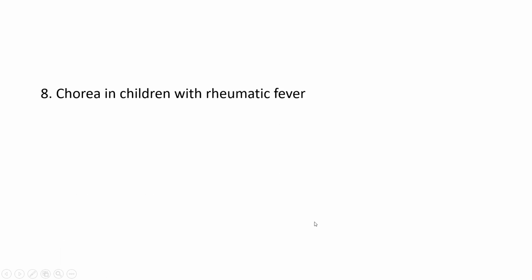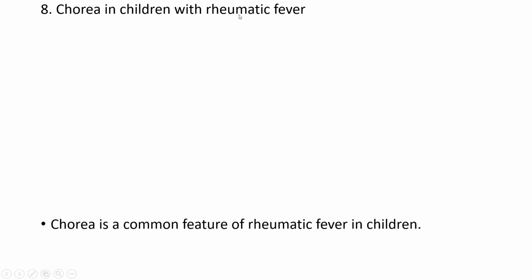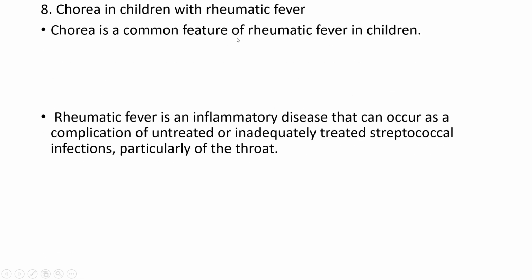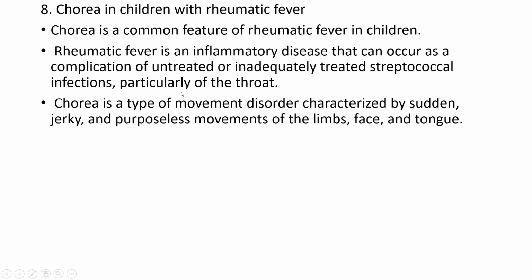The eighth question: chorea in children with rheumatic fever. Why? Chorea is a common feature of rheumatic fever in children. Rheumatic fever is an inflammatory disease that can occur as a complication of untreated or inadequately treated streptococcal infections, particularly of the throat. Chorea is a type of movement disorder characterized by sudden, jerky, and purposeless movements of the limbs,